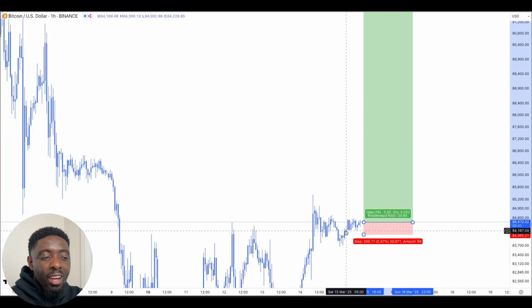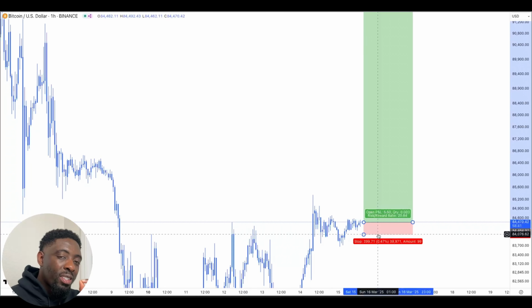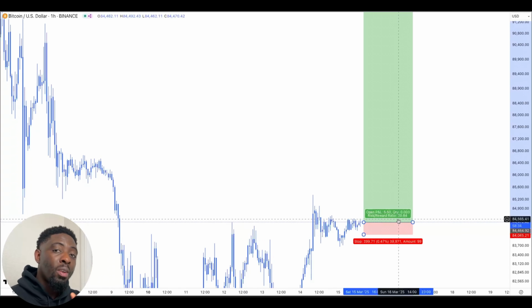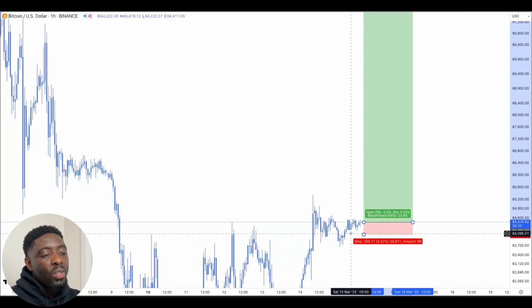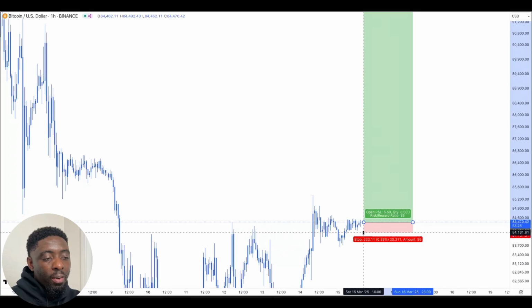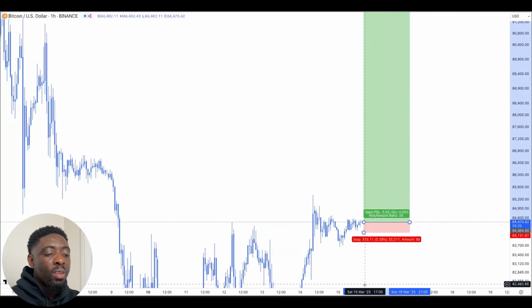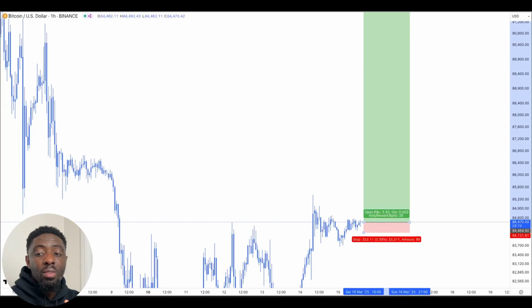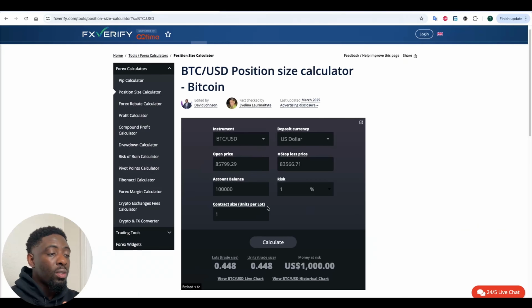You get a really tight stop loss, so you get a very tight stop loss, and now your risk to reward is like 1:20. So if you're risking $100, you can easily make $2,000. You can easily make 2,000 on this trade. So your stop loss is very tight, right here. Now if you do something like this and you calculate the lot size for this, it's going to be crazy. It's not going to be like 1.6 again. So let's put this right here,